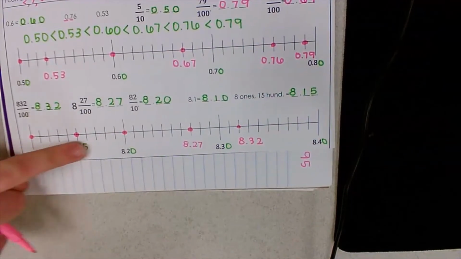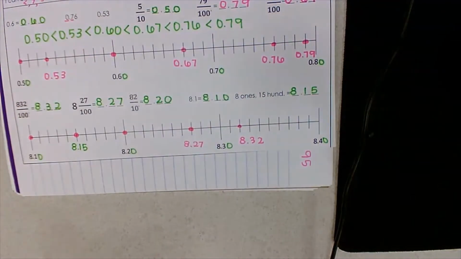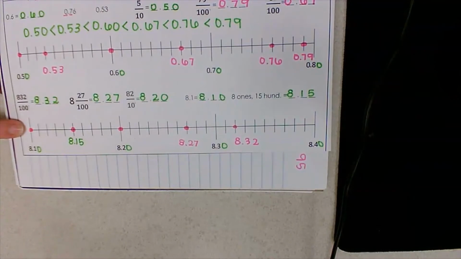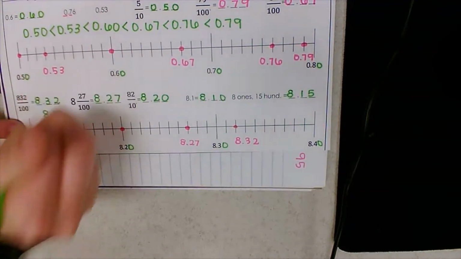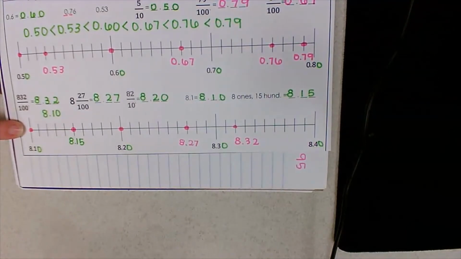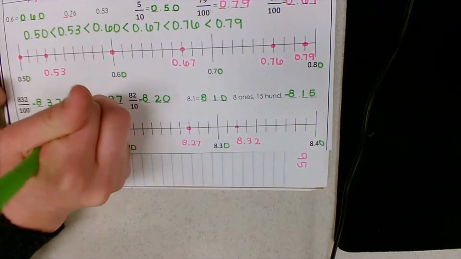So now that all of my decimals are plotted on my number line, and they're all in hundredths, I can write my long comparison statement using my hungry alligator. Starting at the front of my number line, I have 8 and 10 hundredths is less than my next point, 8 and 15 hundredths,